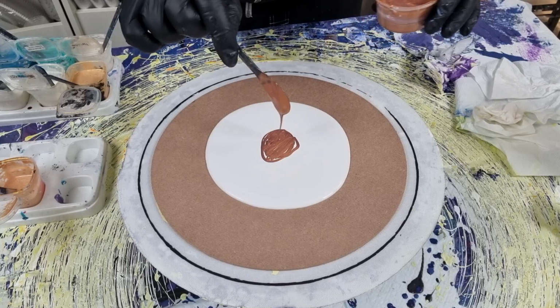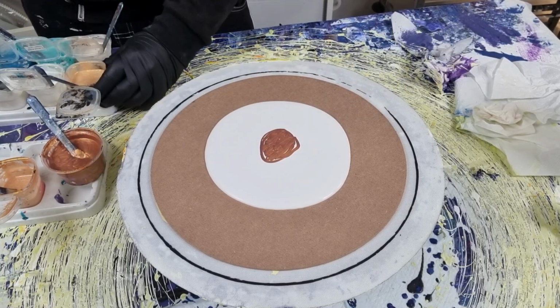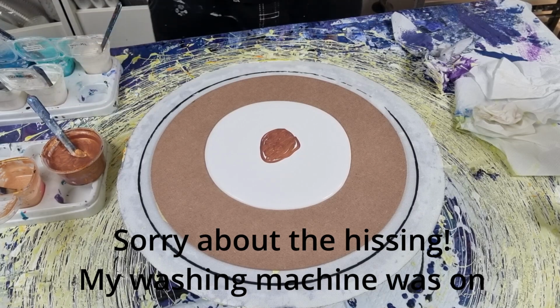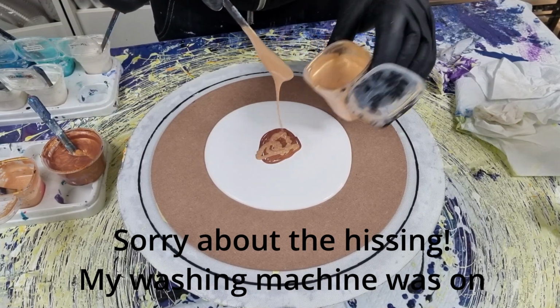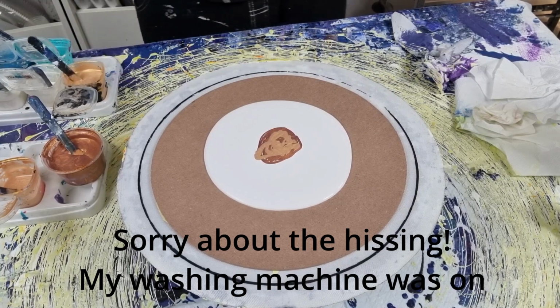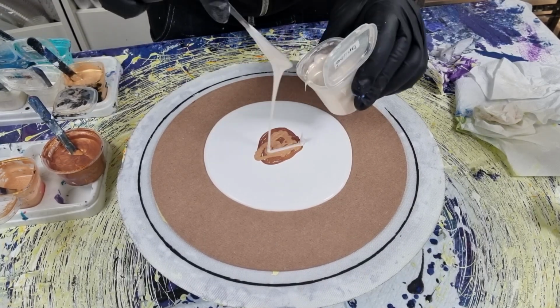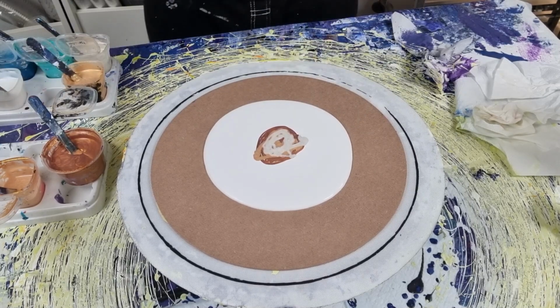So the order that you put your paints down, whatever is first on the canvas is what's going to be in the center of your bloom. So we're going with Nox Gold first, 24 karat gold. I do want lots of shimmer to this one as well. Brulee, ball gown,